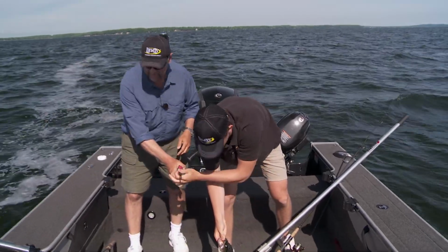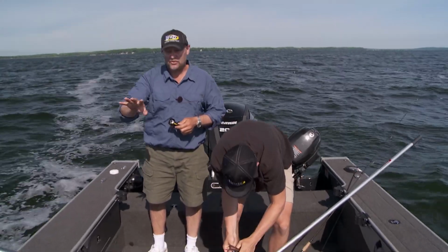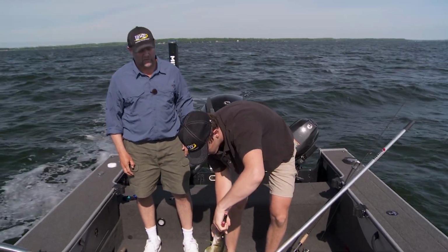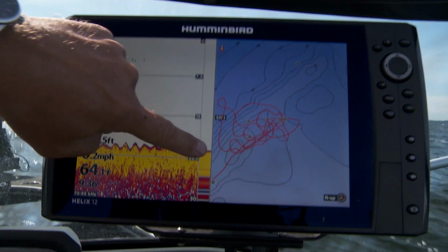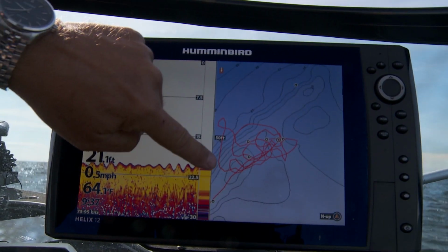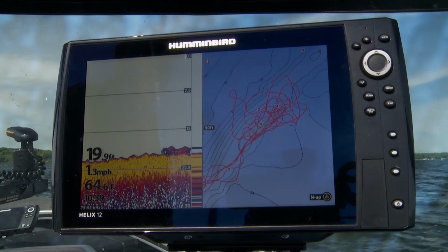And when I look at it, sonars have gotten so good over the years, I can actually drive around and see these fish on these spots. So what we're trying to do is pick high percentage spots. I'm trying to pick spots where there might be a hump, a little bit of a rock pile, a little something that's holding these fish. And as soon as you find those spots, you go ahead and just throw him back. He's a good fish. As soon as you find these spots, then what you're gonna do is